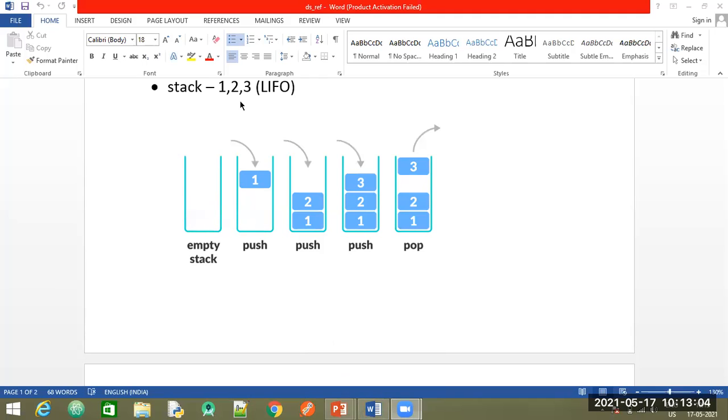I haven't specified any data type because we will study that in detail when we come to the chapter. Now assume I need to insert the element 1. From which end of the stack will I be inserting it? I will definitely insert it from the top portion, that is from here.